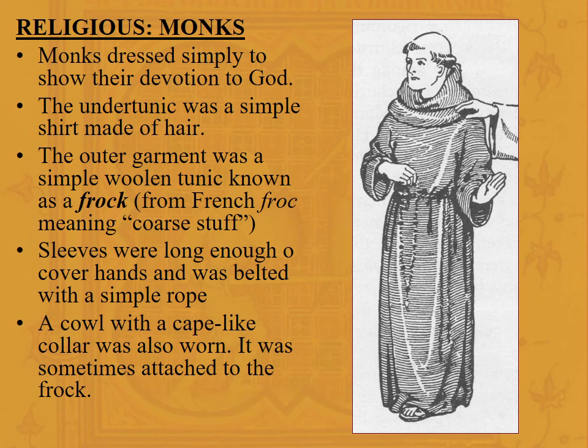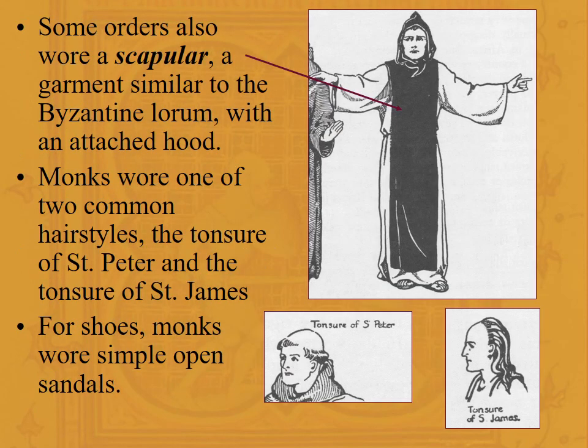How they wove the hair, how it's not wool, but there we go. Long sleeves, cover the hams, belted, cowl sometimes worn, and attached to the frock. Some members have the scapular, which is like the lorum, but with an attached hood. Also, interestingly, they have very